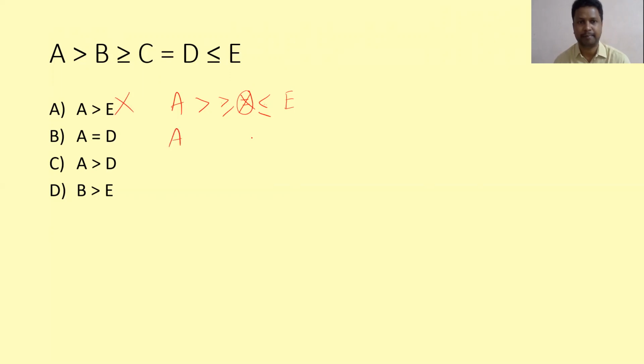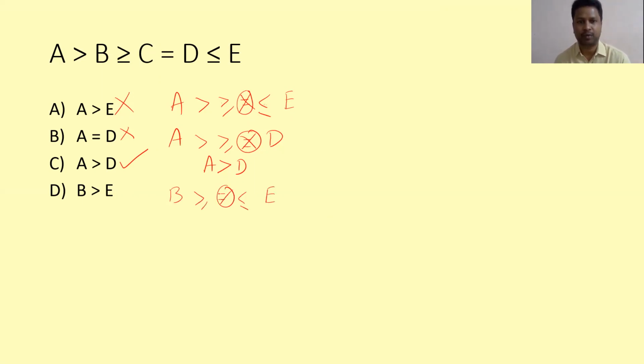Now B and D, write only the symbols. So we can ignore the equal to. Symbols are in the same direction, yes. Only one has equal, this one does not have equal. So I can say A is greater than D. But here they are saying A is equal to D, it is wrong. A is greater than D, it is correct. And you can check the others, because in UPSC you want to check all the options.